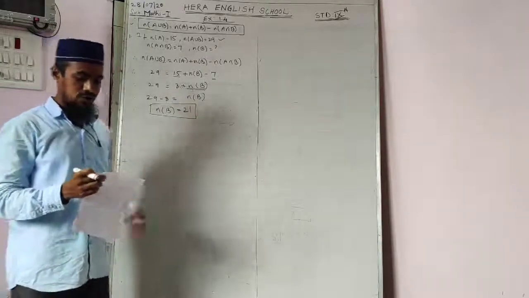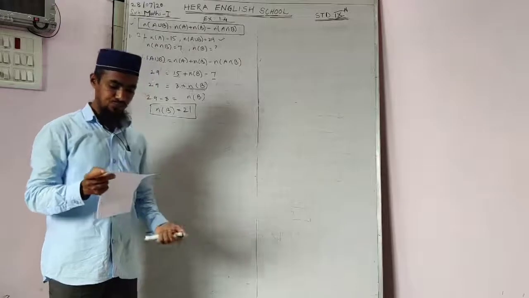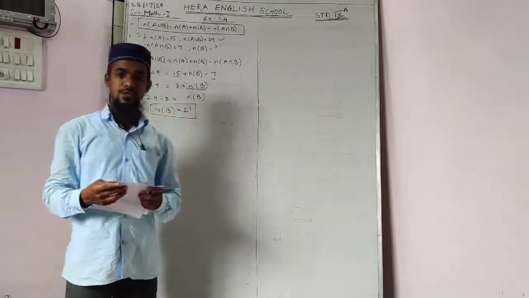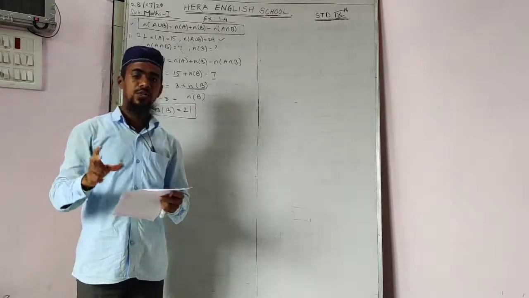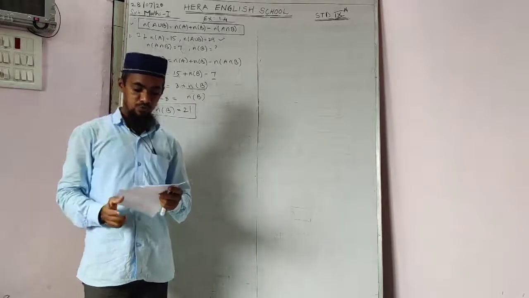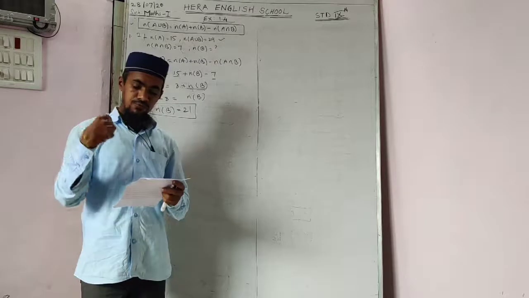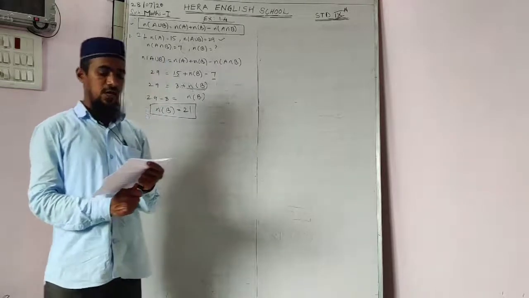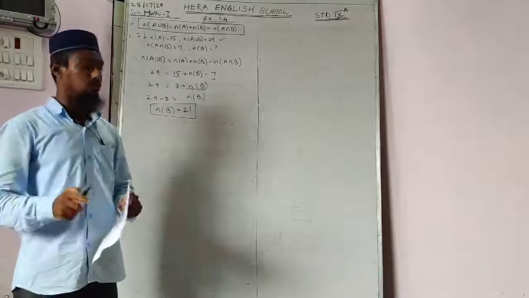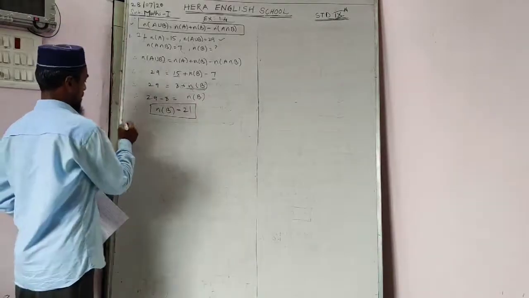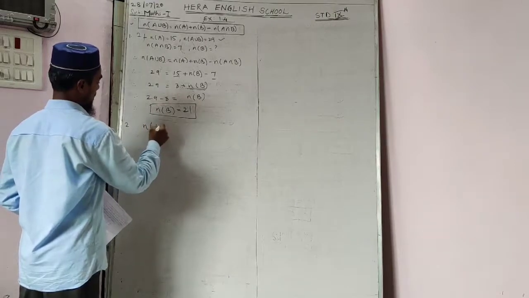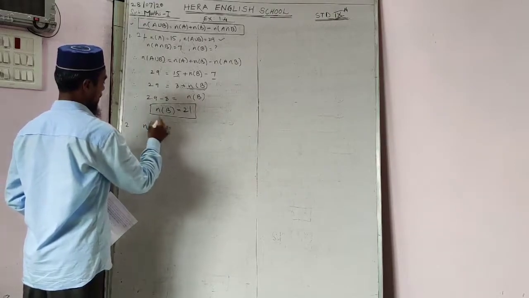In the next question, I am reading question number 2. In a hostel there are 125 students. The total students are 125. Out of which, we have the total students 125, that is the universal set in question number 2. We can write here the number of the universal set, it is denoted by U.